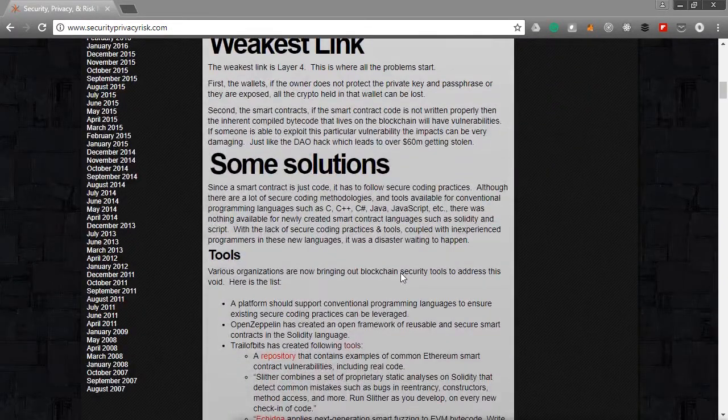some of the solutions that are available to address the weakest link: any of the environments for blockchain that have come up have introduced their own programming language. In terms of Ethereum, they've introduced Solidity. Bitcoin has introduced Script. So the biggest issue is both these languages are pretty new to the developers. The developers currently are familiar with the regular programming languages, C, C Sharp, C plus, Java, JavaScript, Go language, which Google introduced, and as a result of the network effect